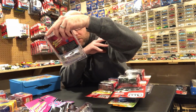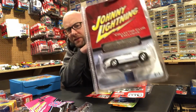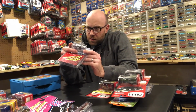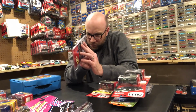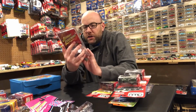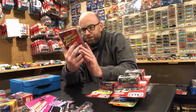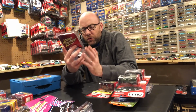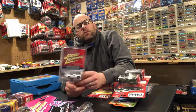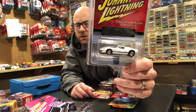It says right on it it's a 2005 Ford Mustang GT, but it's not a Mustang, obviously. It is a Ford GT. So either the card is an error, I just don't know. It's got a number on the bottom too, 171, so I don't know if these were limited. I can't really trust the packaging because I don't know for sure what the deal is there, and there's nothing else to tell you what the car was supposed to be. And I think when I looked this up on Wyatt's JL Index, .net, which is the best source for Johnny Lightning to look that up,